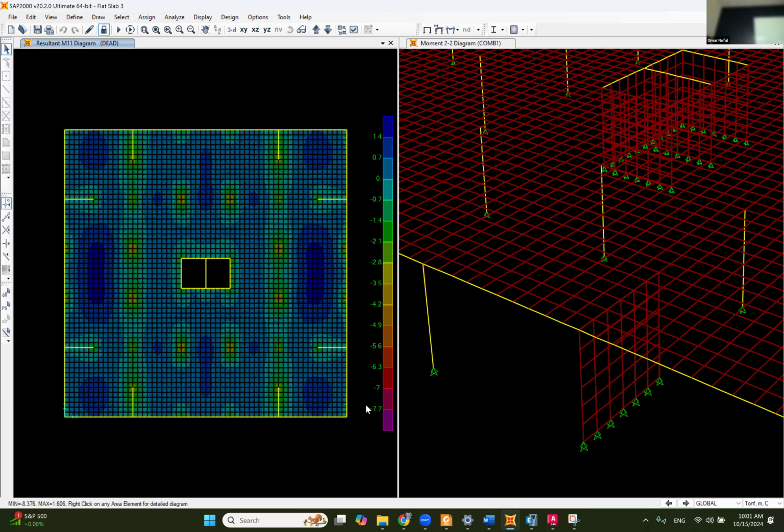2D. Why? Because there weren't any 3D elements to absorb moment from the slab. So right now we have more elements. We have rigid elements, shear walls, columns, absorbing moments from the slab, and that makes the bending moment at the slab a little bit less, not much. Like maybe you will find the bending moment is 5 ton-meter from the 2D. This one is going to be maybe 4.5. Okay. All right. So that's why we do 2D, because it's more conservative,